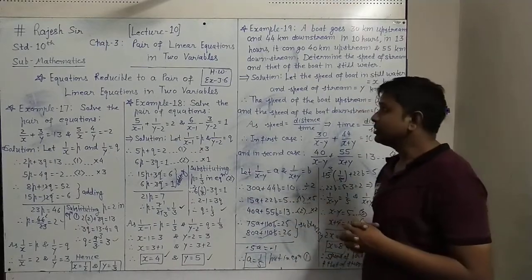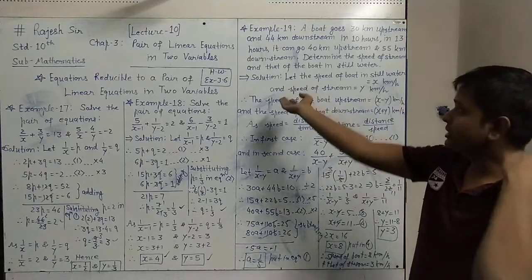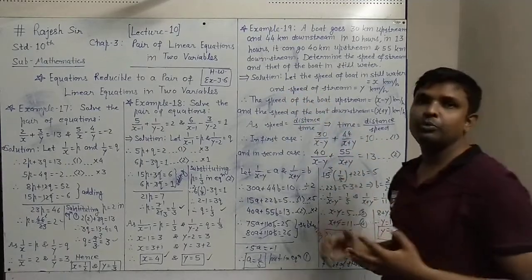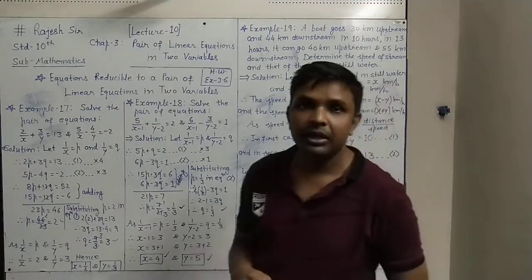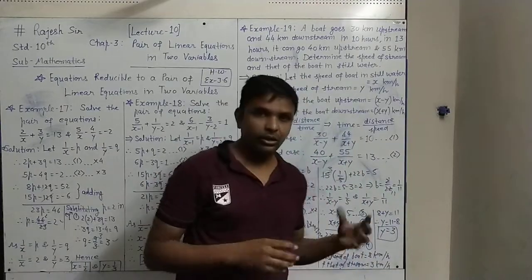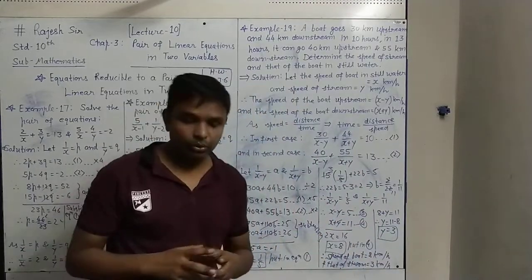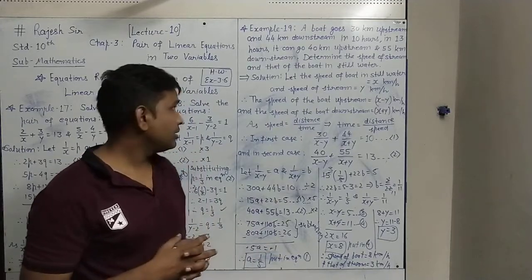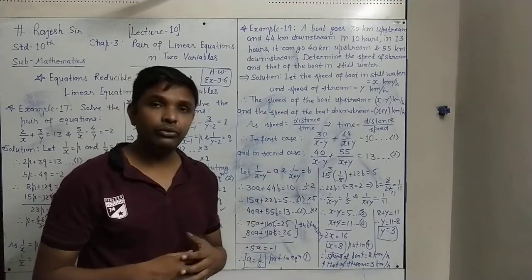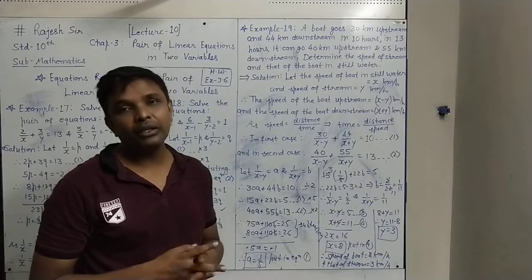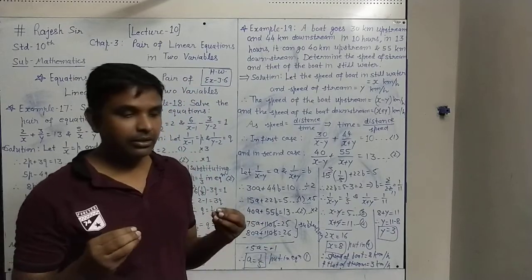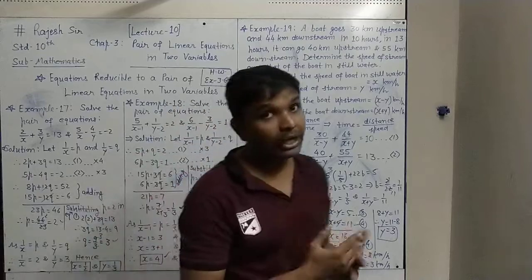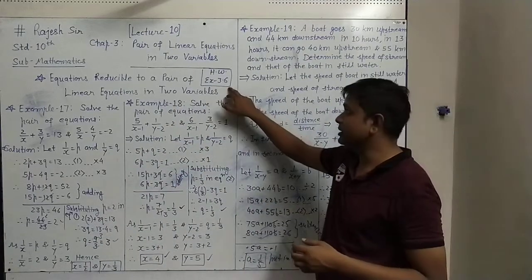So this way our chapter is finished. After 3.6, 3.7 is also there, but it is an optional exercise. Again I will say, the optional exercises are to be done for more practice only, for our detailed knowledge only. It is not from the examination point of view. So if it remains undone, no problem. But you have to complete this chapter up to exercise 3.6.